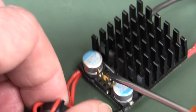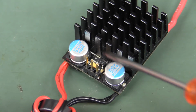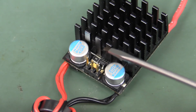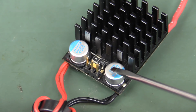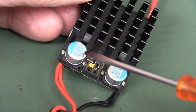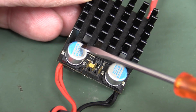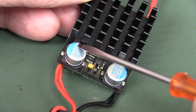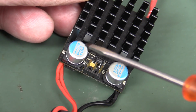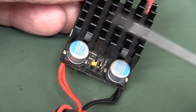And our two output caps, these actually don't look like wet electrolytic dielectric material. They actually look like a polymer capacitor, or what's called a solid electrolytic capacitor, i.e. there's no liquid inside them, but that doesn't mean they don't still have a maximum lifespan. And I'm not 100% sure that they're solid polymer types, but you would have to look up the specific datasheet. I didn't have any luck with that particular part number, but it's got no vent on. There's no score marks in the top for venting, and if you see those, then that's a dead giveaway that it's a wet electrolytic capacitor, your traditional electrolytic capacitor that's going to have a shorter lifespan at higher temperatures